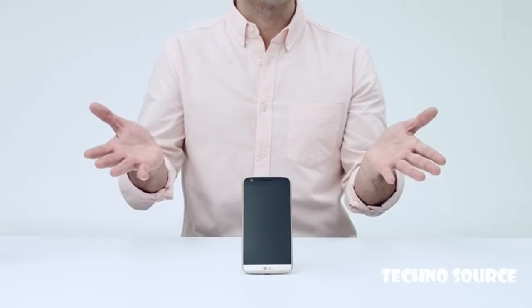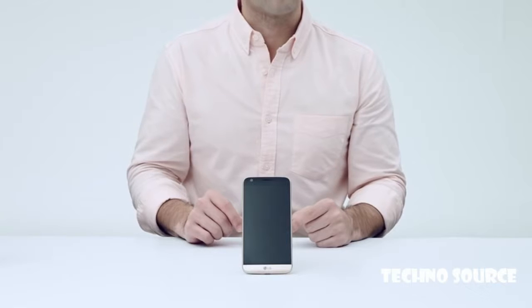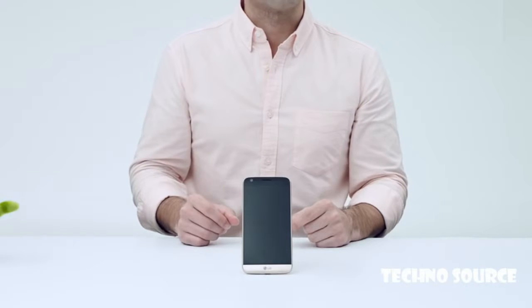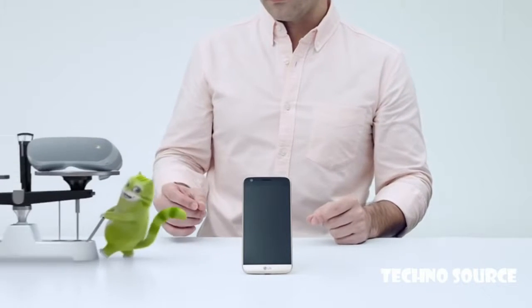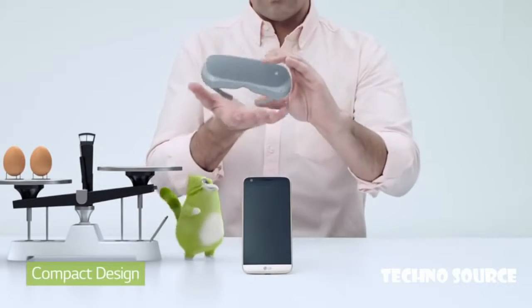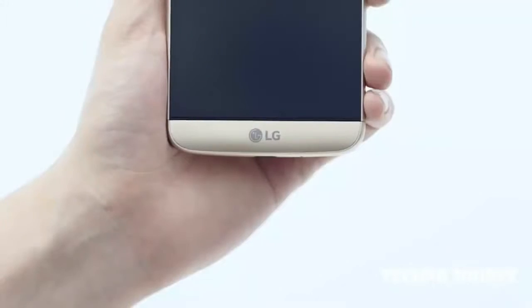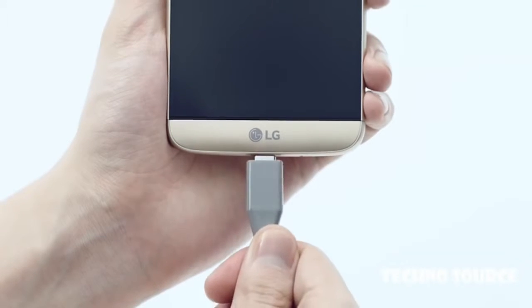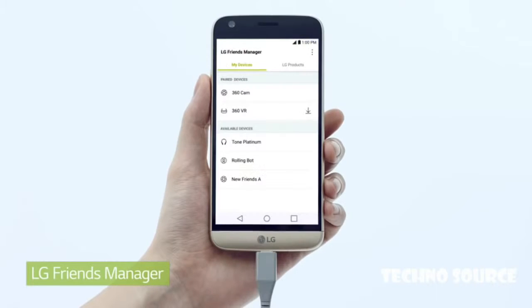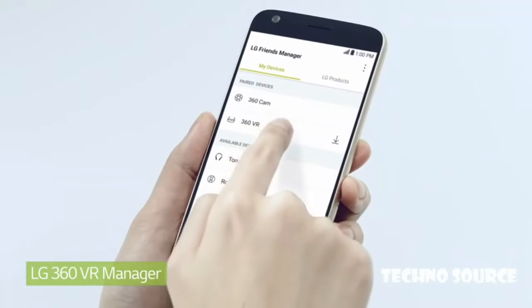To watch 360 content properly, you've got to have the 360 VR. Not too heavy and outstandingly portable. This here is the LG 360 VR. So small, so light. Before you start your viewing experience, connect the cable to the G5, run LG Friends Manager, and after downloading and installing LG 360 VR Manager,